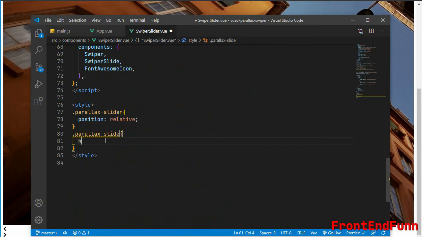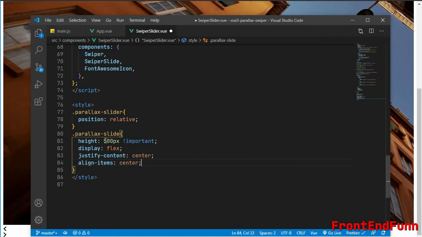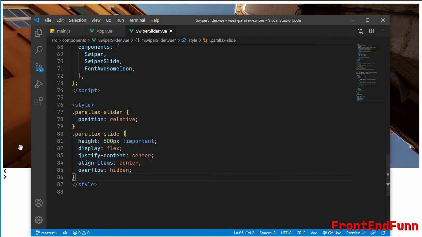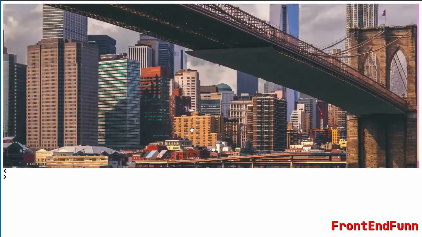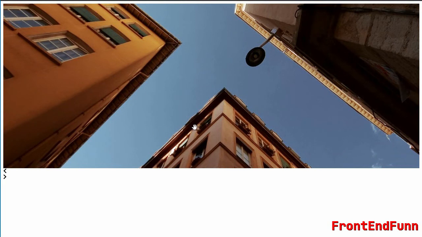For this we'll set the height, say 500 pixel, and I'm going to add an important tag, and display it as flex, and justify content to center and align items to center. Set the overflow property to hidden. Okay, so now the height of this swiper slide is 500 pixel.